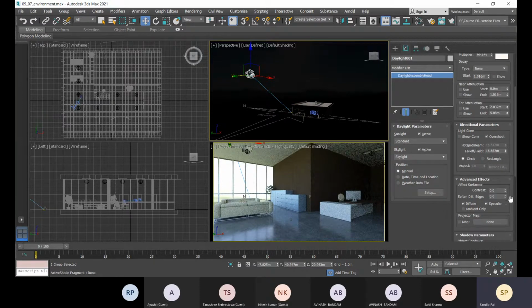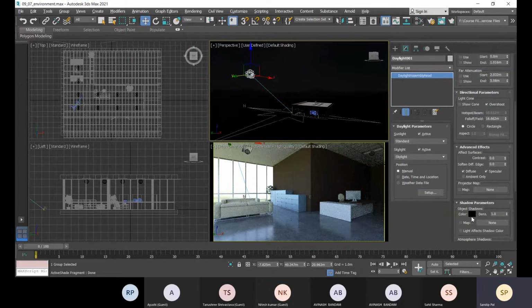Okay, and then everything about your shadow parameters, if you need any shadow density or anything, if you want to change the shadow density, you can change it from here.